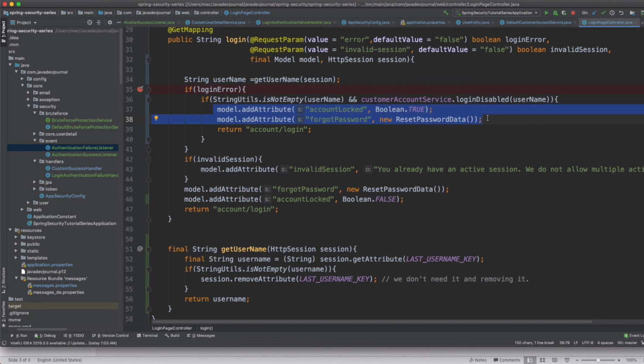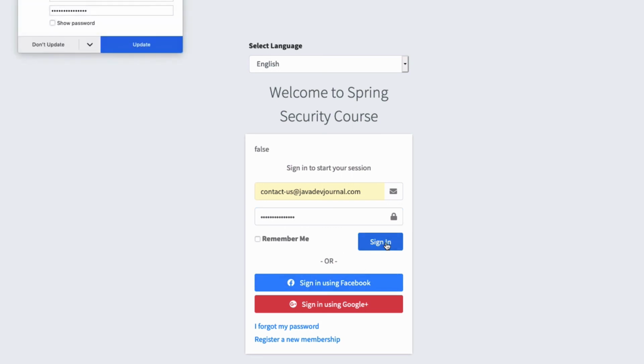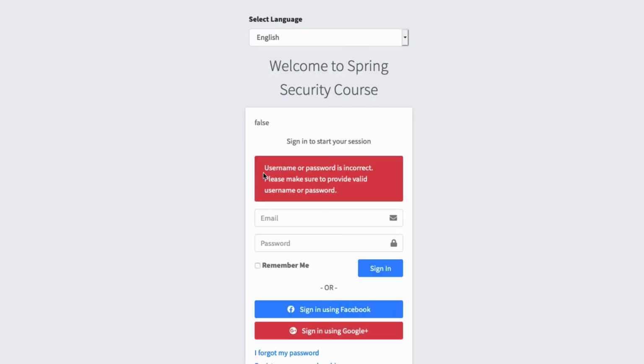Okay, that's enough. I think we've covered how the different implementation has been done. Now let's see this in action. The application got started, and I'm going to intentionally fill in the wrong password. Okay, let's try this out. You see I'm getting a message that username and password is incorrect. Let's try it again. I'm again going to fill in the wrong password here. Let's try that out. Again getting the same thing.